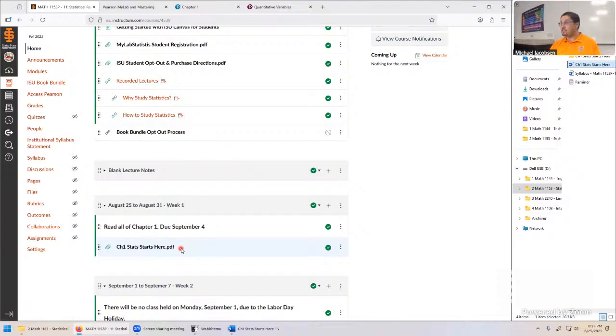So the best practice is it's good to do your homework as soon as possible. In my lab statistics, the sooner you do it, the easier it is, the more sense it's going to make. But if you're the kind of person who would rather wait till this is completely done, that's what the due date is all about right here. Once we complete the very last example on those notes, the due date will be a 1 week return on when the homework assignment is due. And that's my way to indicate to you this is a good time to look into the problems now because we've completed all the content.